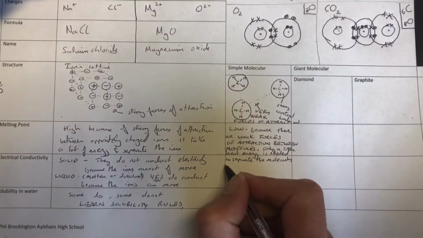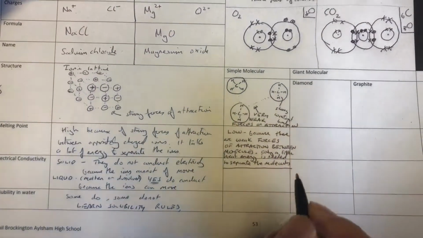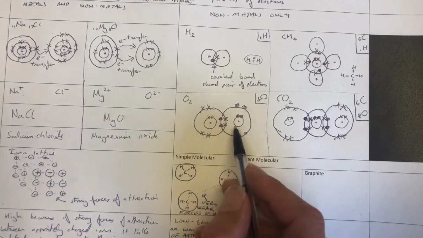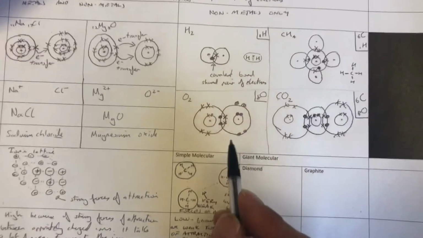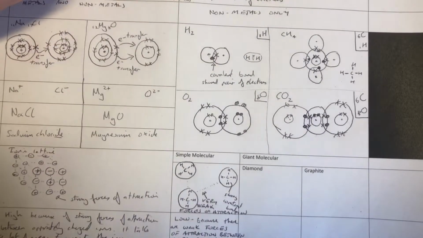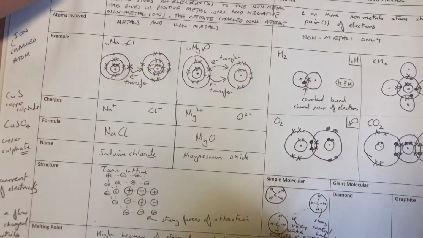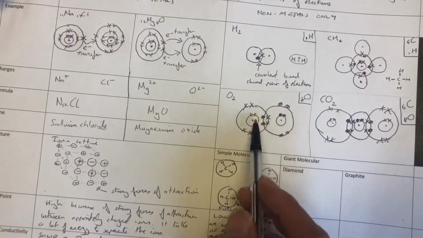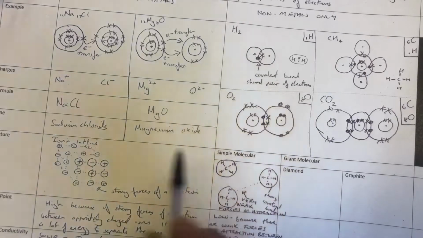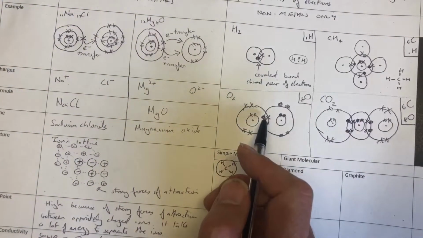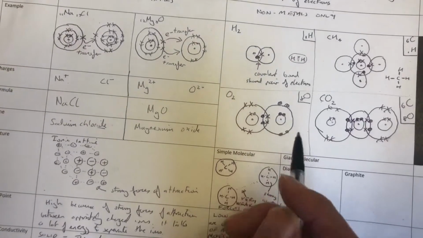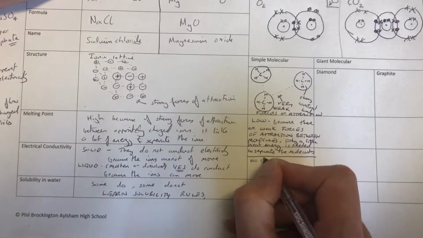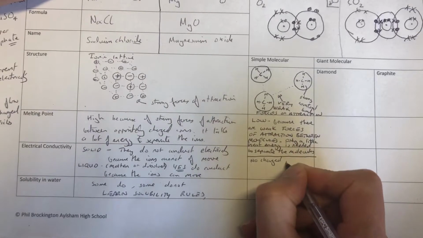Electrical conductivity. This is quite easy. Because the bond is formed by sharing of electrons, these molecules are not charged. So there are no charges. When we had ionic bonds, we had charged ions because the electron was transferred. There's no electron transfer here, it's sharing, so there's no charges. Now the other thing to see is all these electrons are locked up in bonding, so there's no free electrons. So it's very simple. No charged particles